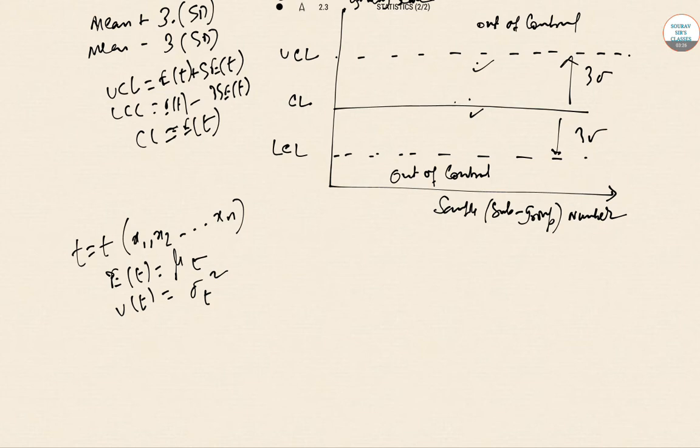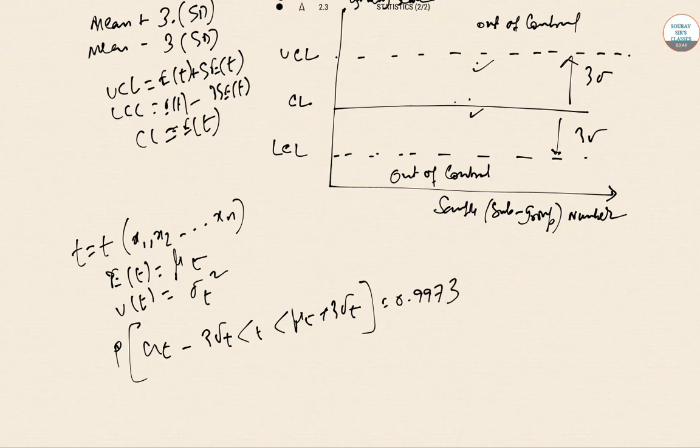So if the statistic t is normally distributed, then by the fundamental area property of the normal distribution, we have the probability of mu t minus 3 sigma t less than t less than mu t plus 3 sigma t equal to